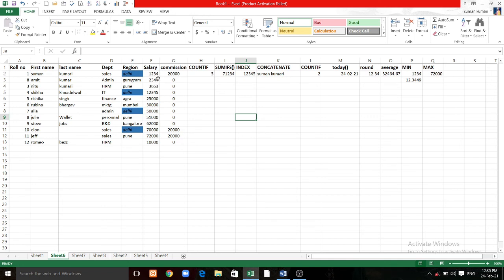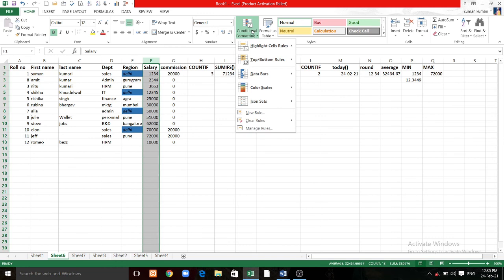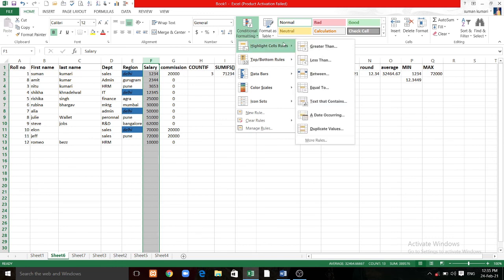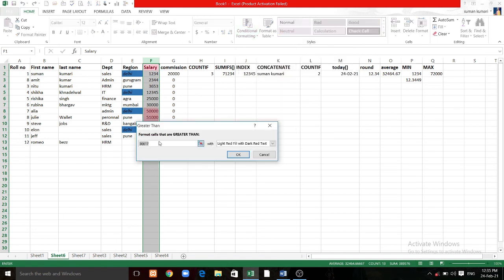And the next condition I would like to do is to change the color of those cells which have more than 60,000 salary. Fill the red color to those cells whose earnings are greater than 60,000. So select this particular column, go to the conditional formatting, click on highlight cell rules, and the next condition I have is greater than.